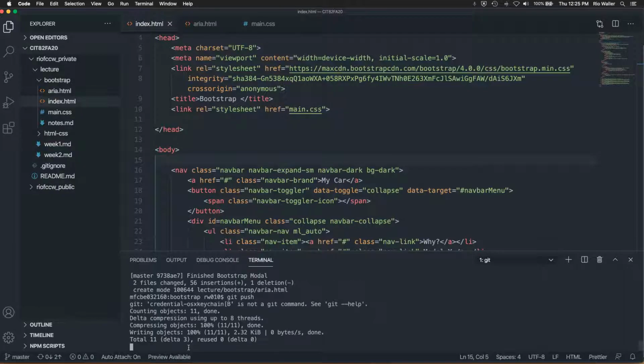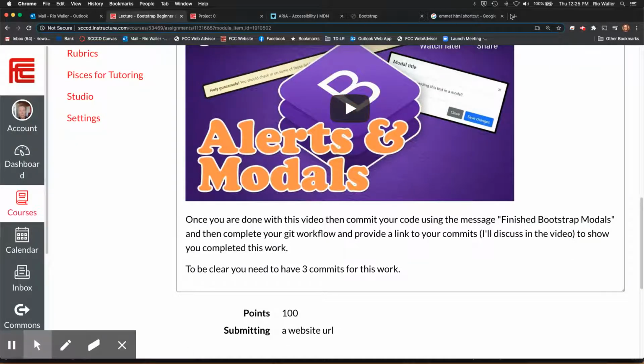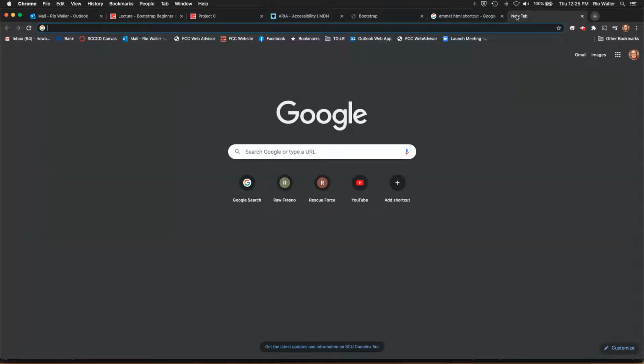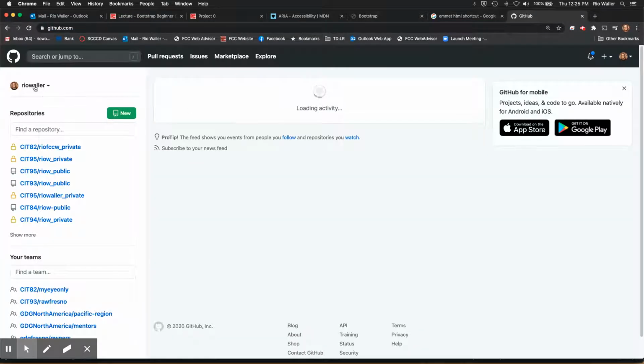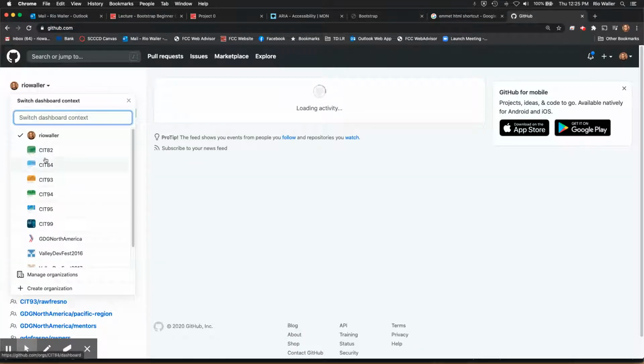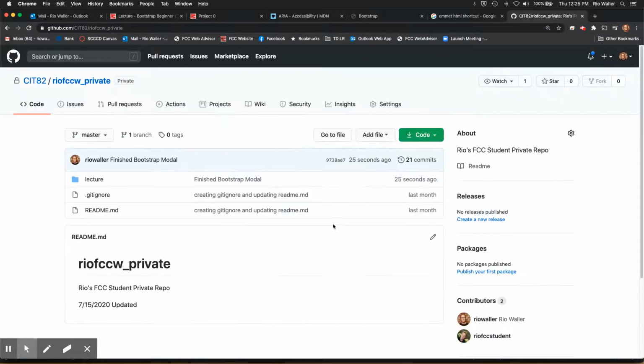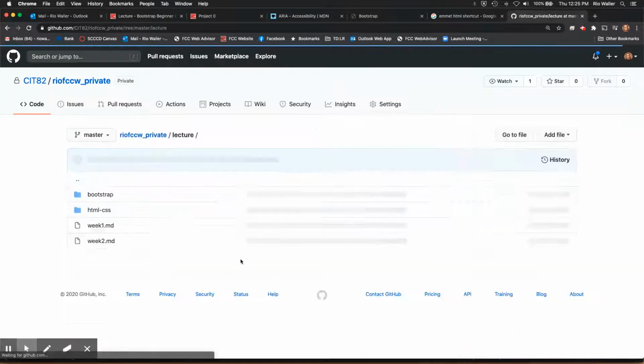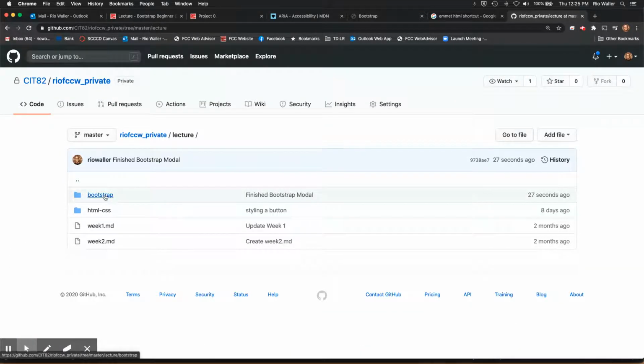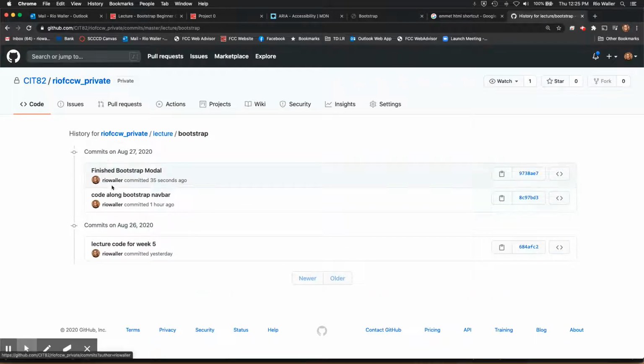Now, as that stuff gets pushed out, I can't remember if I had you do this last week, so I apologize if this is a repeat. But if you take any of my other classes, you'll get used to this style. What I want you to do is go to your private repo and navigate to your directory. Go to that Bootstrap folder, and here are the files. Then you click on history. Now, why do I do that? Because it actually shows me